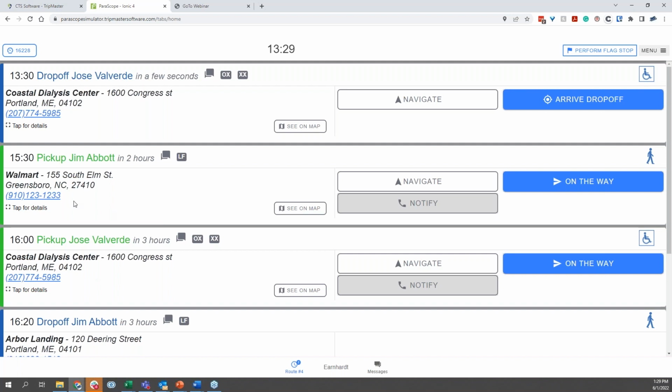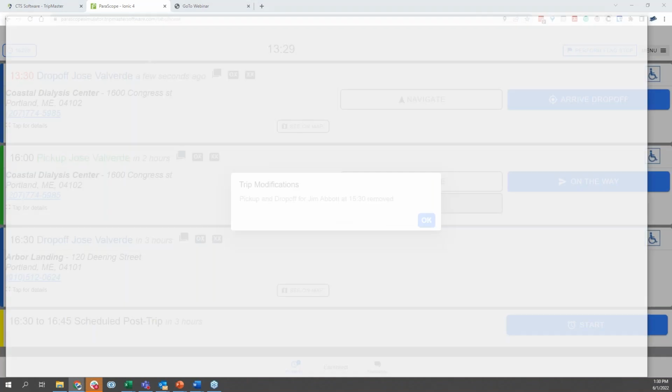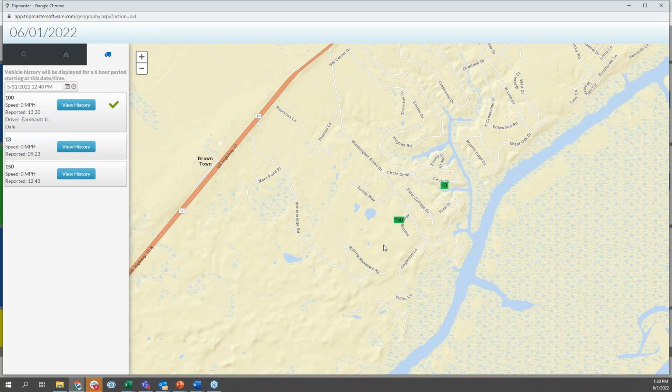Of course, your return legs where you bring them back home are on here. Everything's just really, really simple. And you can send and receive messages to the driver as well. And you always have a map showing you where every vehicle is and if they're on or behind schedule. So just really simple stuff here.